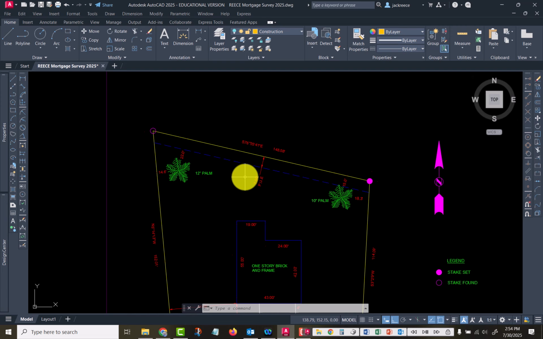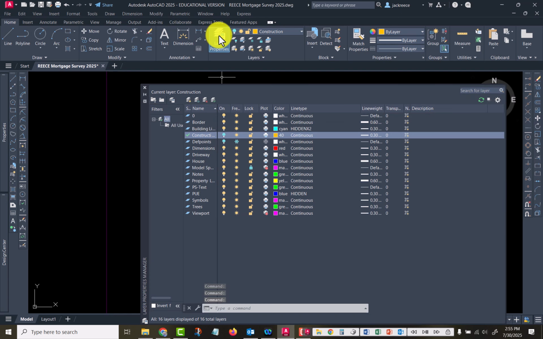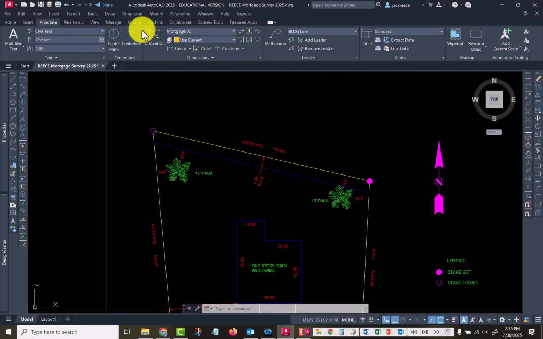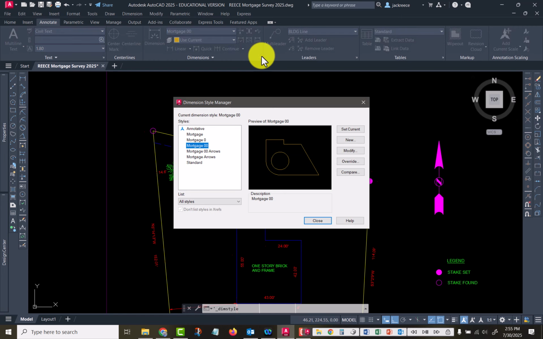The template I'm providing you in Blackboard, I've already created the layers. I've created the layers for you, and I've created all the dimension styles and the text styles. I do recommend that you go through and check them. I'm pretty sure I got them right, but I would recommend that you open each of them up and check them. And the reason we have these different